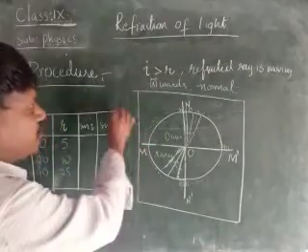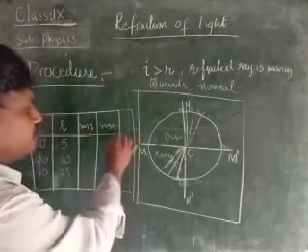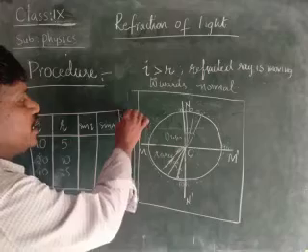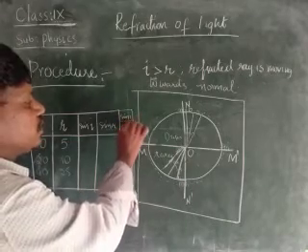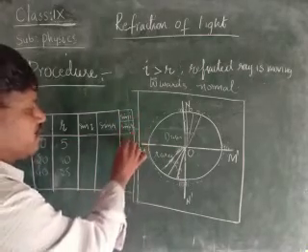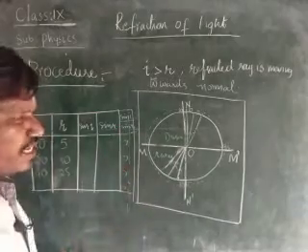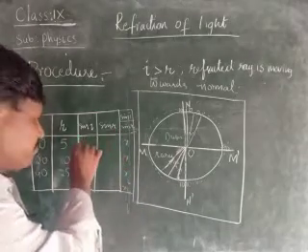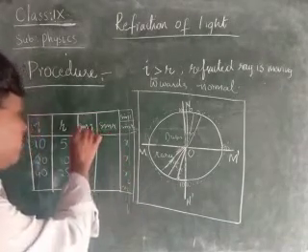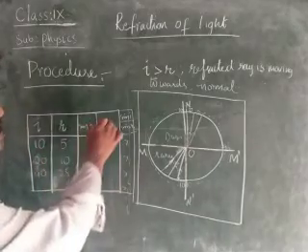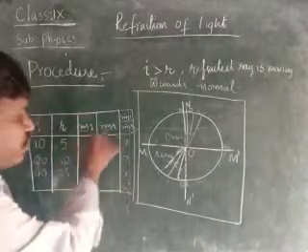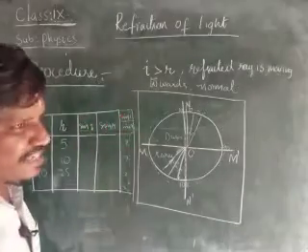Then we write both together, children. Here, sin I by sin R. Now we find the sin I by sin R, and we get some values, x1, x2, x3 like this. Okay, some values we get, children, after finding the sin I and sin R. Sin I means sin of 10, sin R means sin of 5, like this. After writing them, if you find the ratio of them, we get some values.